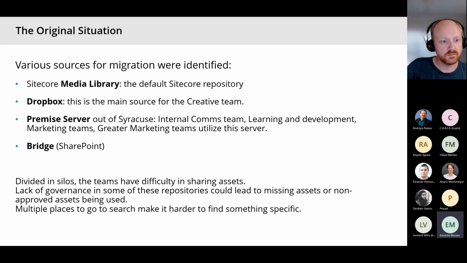But the Sitecore Media Library is definitely not a digital assets management platform. It doesn't give you a lot of different things that Content Hub will provide you, such as the right approach in terms of workflows, the right approach in terms of creating different versions and dimensions for your image, etc.